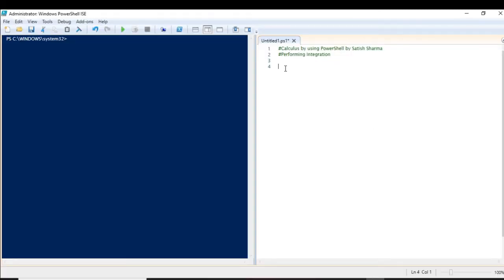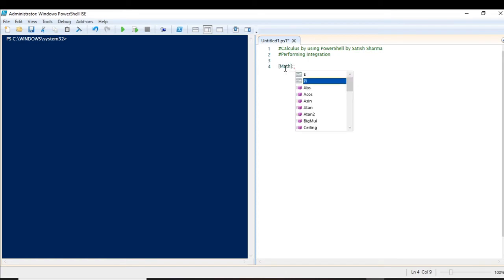So welcome back. Okay, let's start. I hope you found the concepts in the video useful. Here I will be using the same concept. First, we have a mathematical library in .NET which we can use by performing this method.